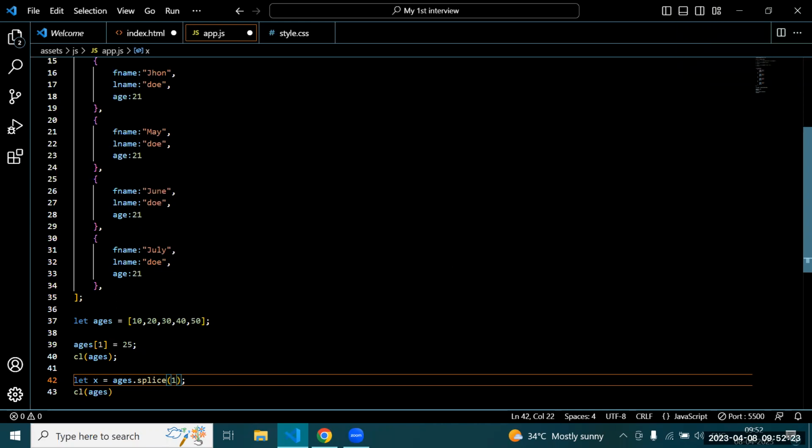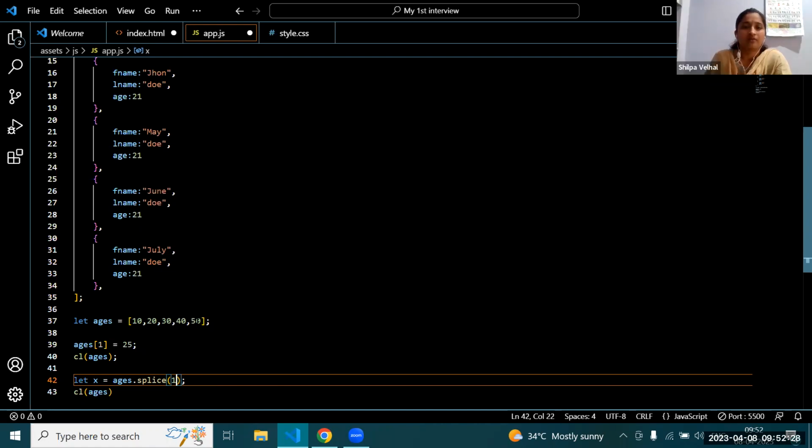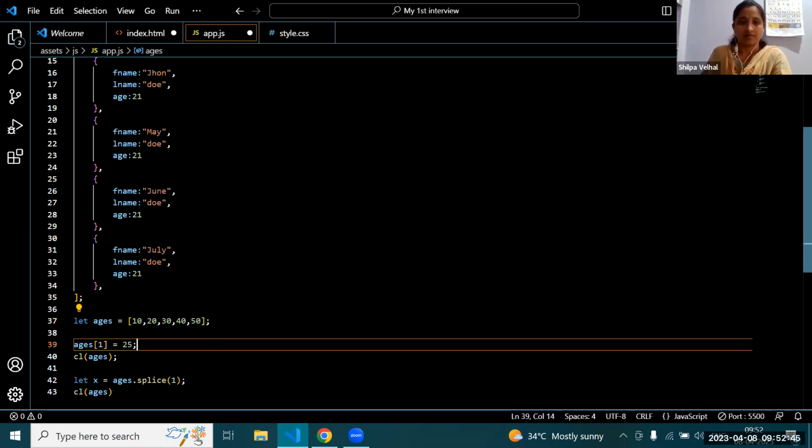What is the difference between unshift and shift method of array? Okay. Shift method adds last value and unshift method removes last value.